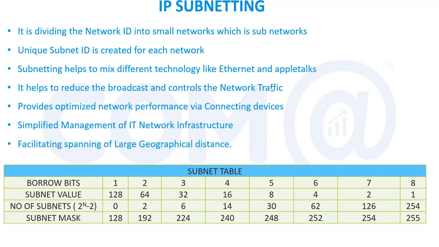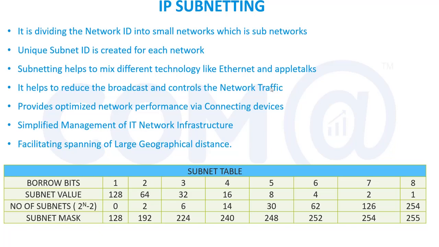IP segment. If you take a 32-bit IP address, based on class A, B, C, we have different things, right? In case of class A, you have one network and three host portions. Class B, two network portions, two host portions. Class C, three network portions and one host portion. So in that case, if you are going to expand the network and you don't have the network address in your respective class, you have to borrow the number of bits from the host portion. The network portion and host portion are next to each other, right?